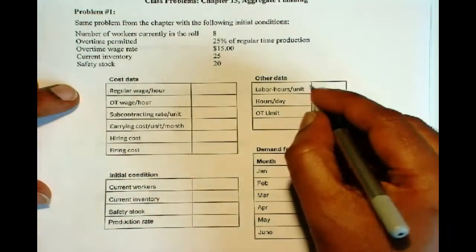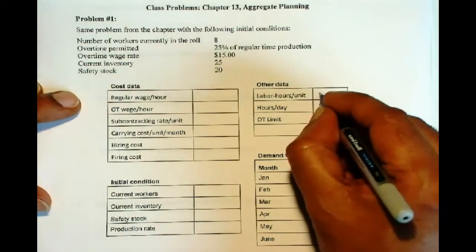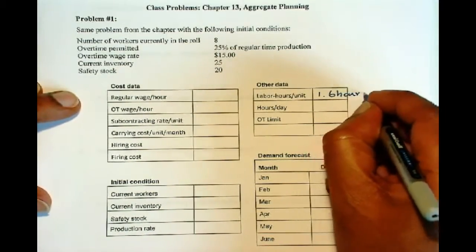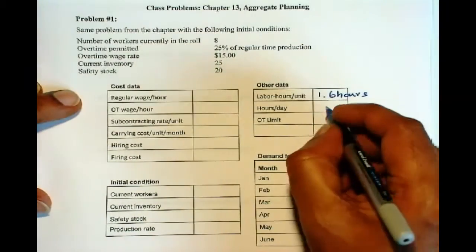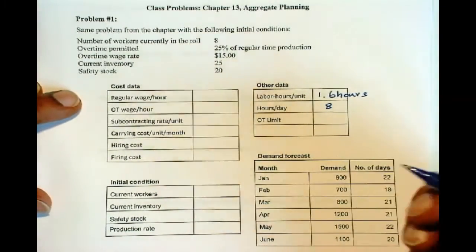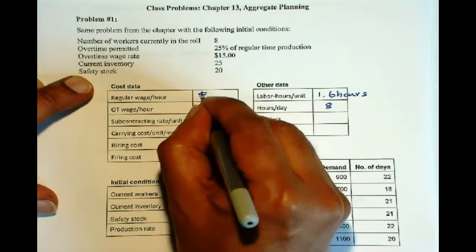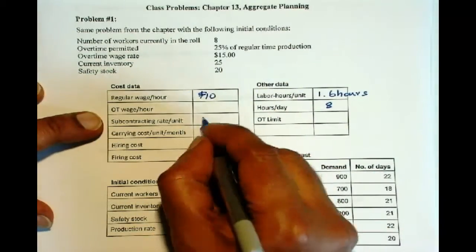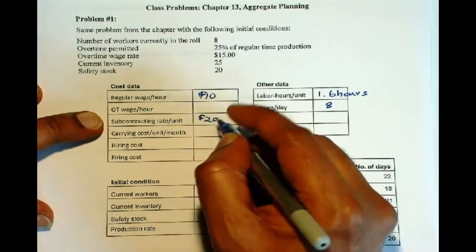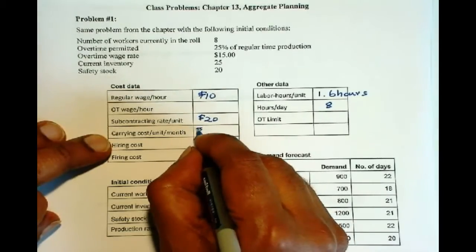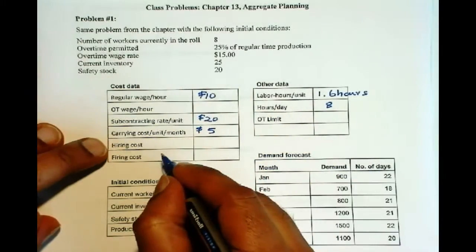the labor hours per unit is 1.6 hours. Hours per day is 8, and then the regular wage rate is $10 per hour. Subcontracting is $20 per unit. Now, carrying cost per unit per month is 5. Hiring cost is per unit